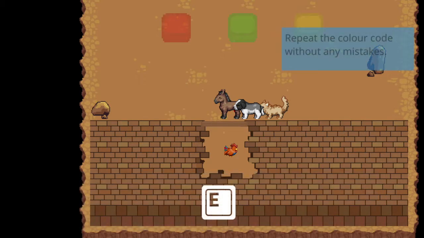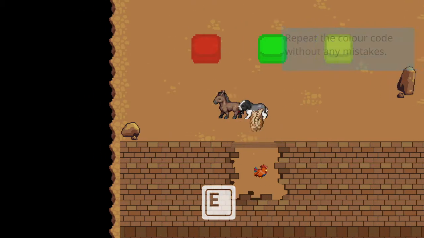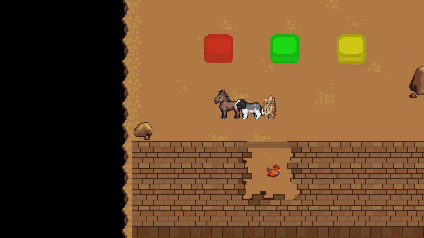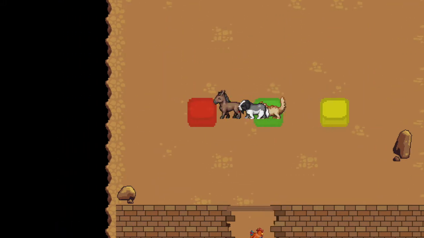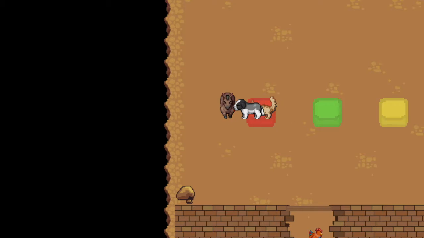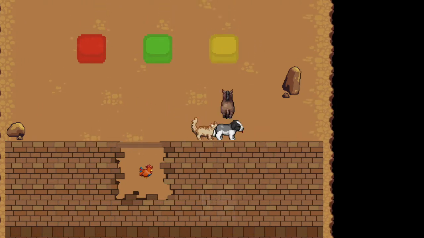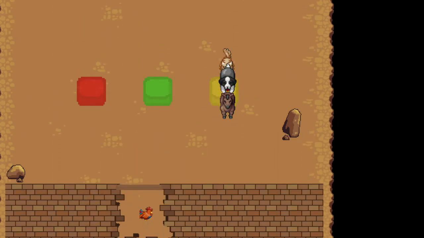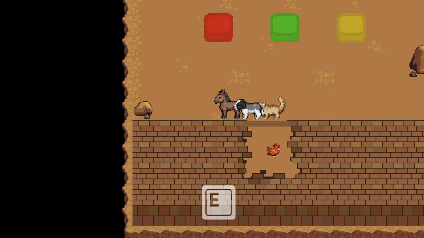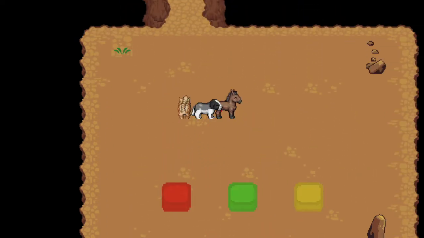Combination for the door. Repeat the colour code. Oh, that's a bit strange. Do you see the red then? I think it's green, red, green, red. Okay. Yellow, yellow, red. But again, more puzzle elements, even if it is a little bit weird.